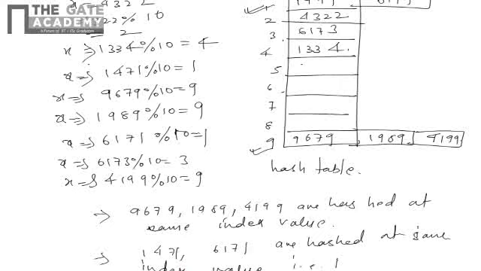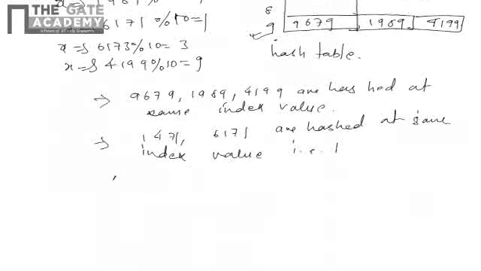So statements 1 and 2 are correct, but the third is telling that all elements have the same hash value. No, it's not correct. The fourth says each element has a different value. This is also not correct, because we are seeing collisions at index values 1 and 9. Therefore 1 and 2 are correct. So the answer will be C.